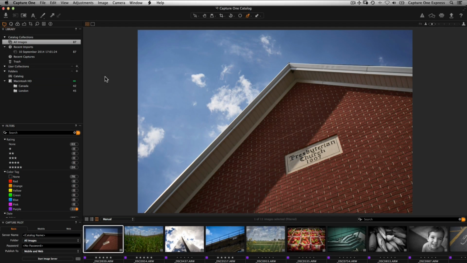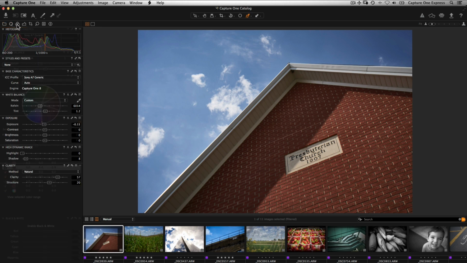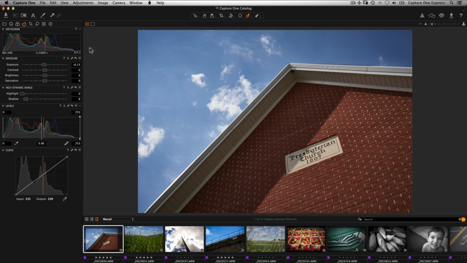Capture One Express for Sony offers a variety of essential image adjustment tools that used together can correct images in a simple way or even create great effects. These tools can be found by clicking through the various tool tabs. The most basic correction tools are found in the Exposure tool tab. These are Exposure, High Dynamic Range, Levels and Curves.